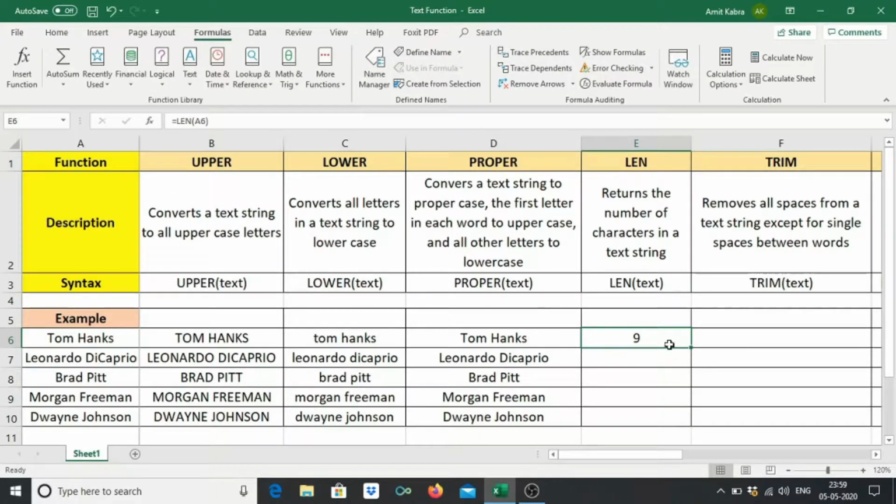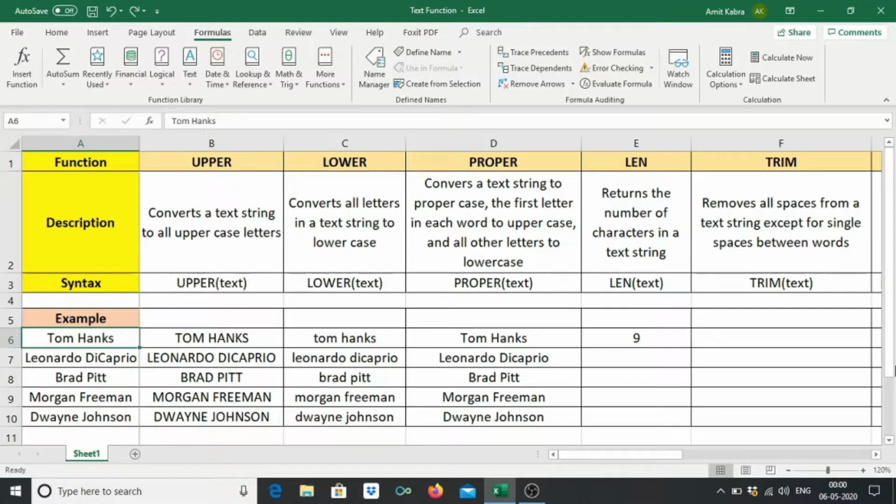Then why is it showing 9? It is also considering the space between Tom and Hanks as one of the characters. So it is showing 9. If we remove this space, then you can see the characters it is showing is 8. So this function basically returns the number of characters in a text string.